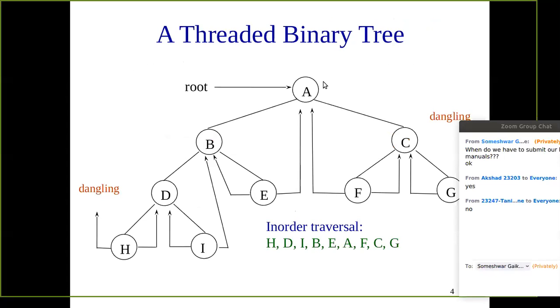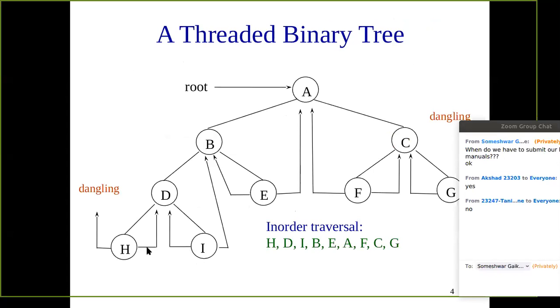So initially we had the simple tree like A, B, D, H, I, E, G, F, and this one. Here the null pointers are at the leaf nodes. I is a leaf node, E is a leaf node, F is a leaf node, and G is a leaf node. So this is the null link, we'll consider this later on. Again, this right one is a null link.